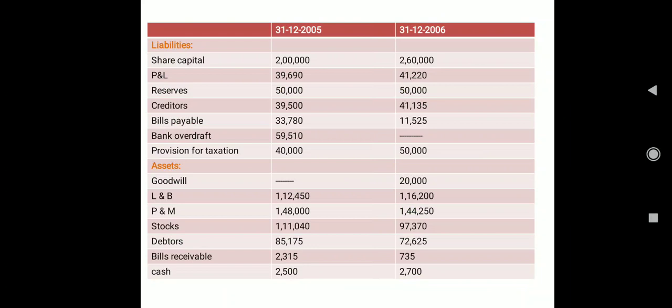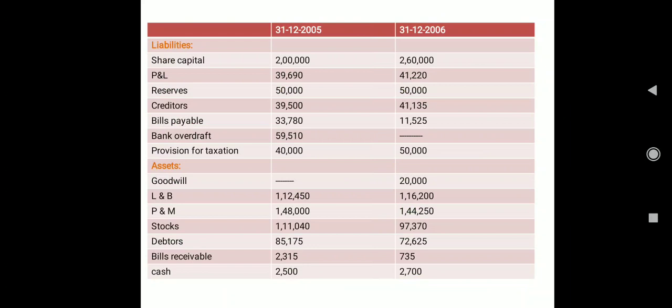Before moving towards the solution of your working capital, we have to show the statement of changes in working capital, how much working capital got increased or decreased in 2006 compared to 2005. Now some small points.